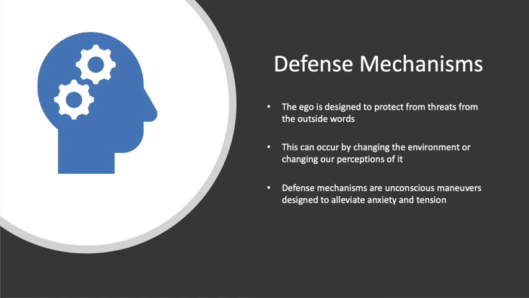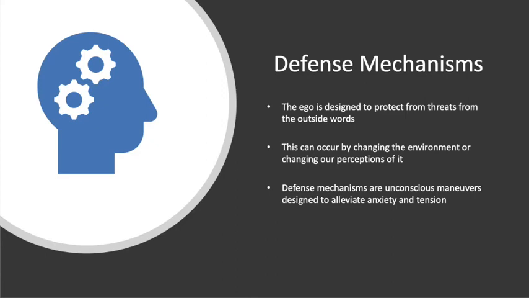So the ego has a big job to do. Not only does it work as a mediator between the rowdy two other parts, it works tirelessly, basically, to help keep the conflict between the id and the superego from bubbling up to the surface. And this is to avoid undue distress of the person. So the ego tries to protect you from that distress and tries to mask some of the conflicts as they bubble up to the surface.